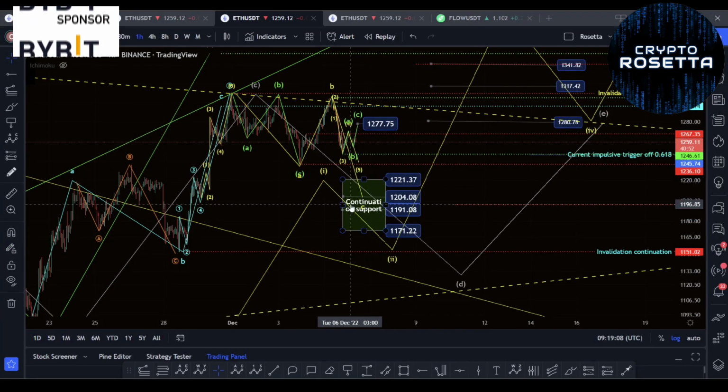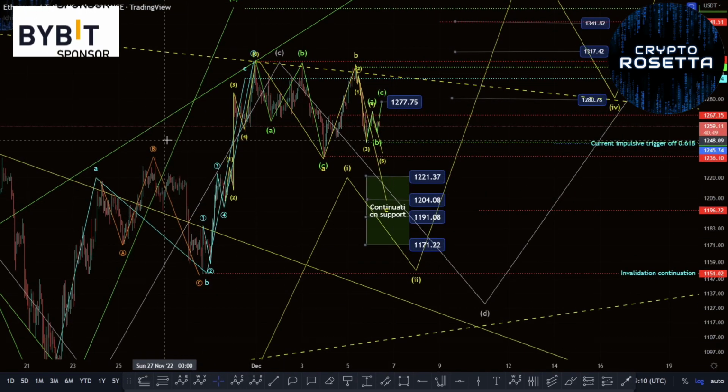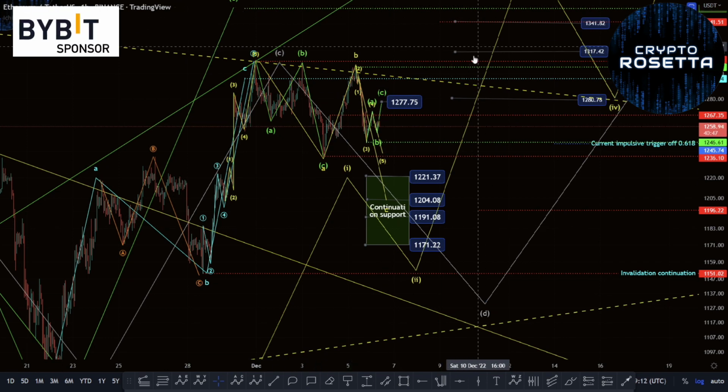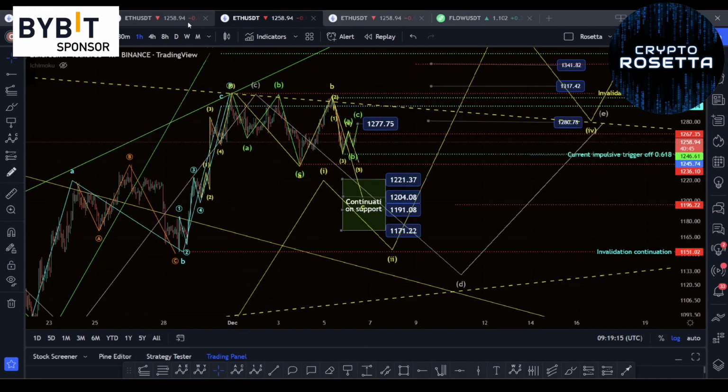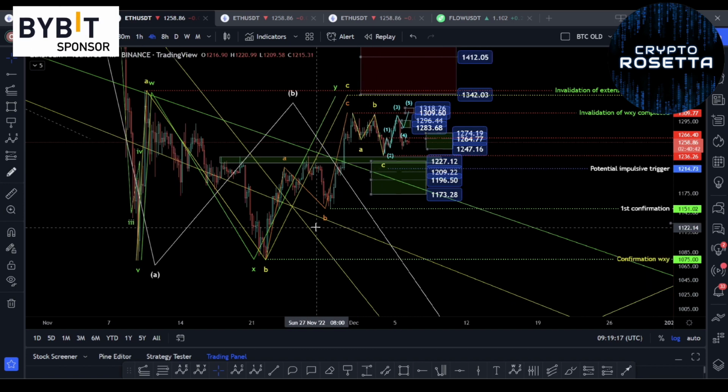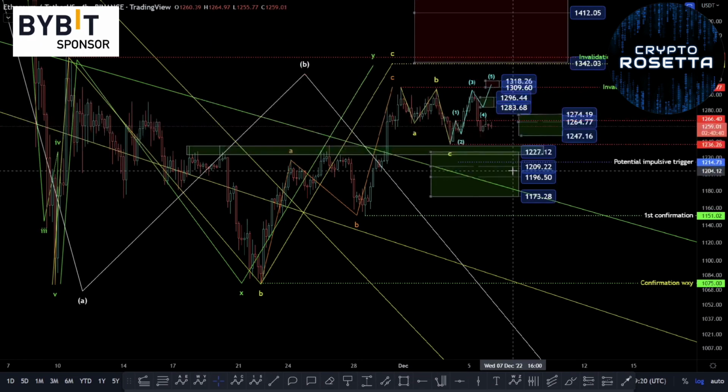So this is looking for the potential that we could have a 1-2 and then a 1-2 again, and then we're looking to move to the upside. I'm going to cycle through some of these other ones which I'm keeping an eye on. So this is a slightly more